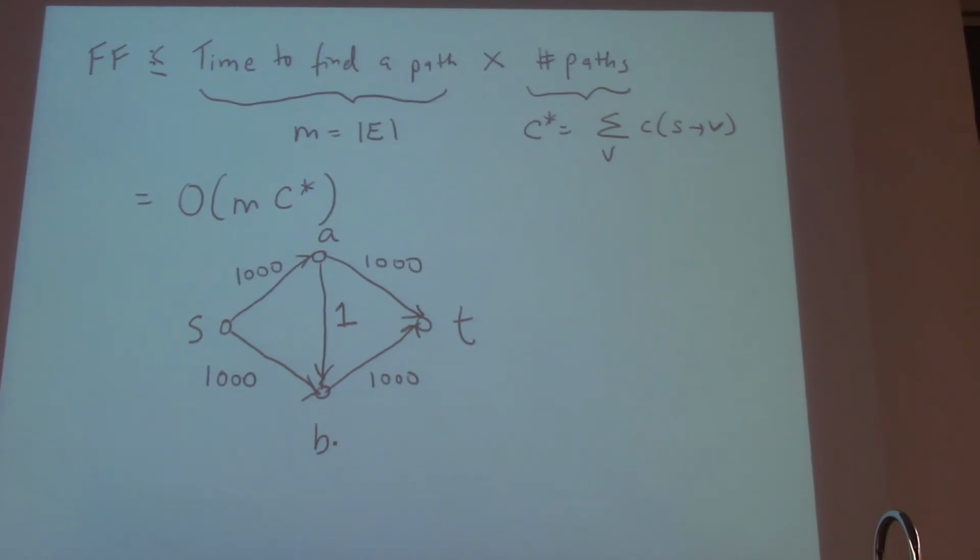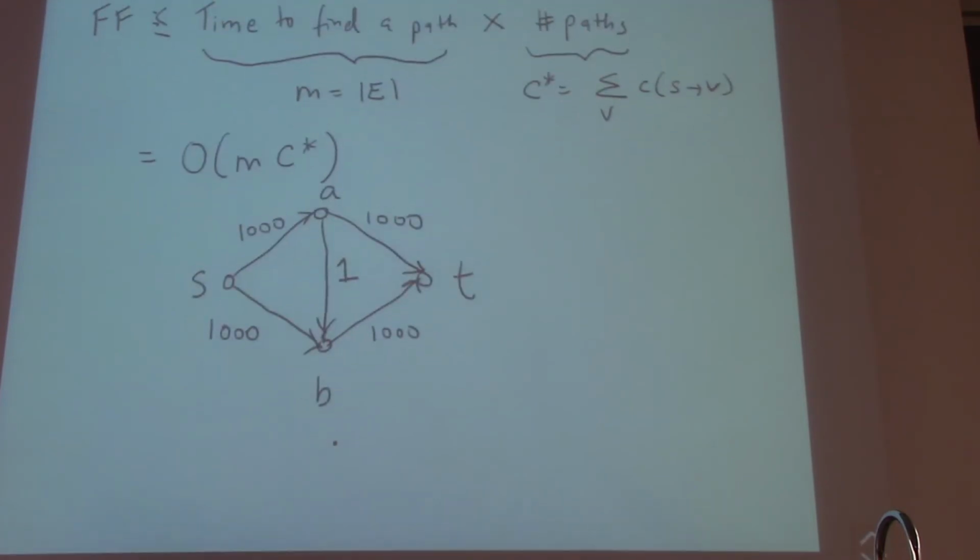There's an example in the notes that I encourage you to look at. It's an example where the capacities are not integers. The algorithm could take a series of paths, an infinitely long set of paths, and it will converge to a value that is wrong. So it's not even that it takes infinite time to get the right answer, it takes infinite time and gets the wrong answer. And not only does it not get the right answer, it gets the wrong answer spectacularly badly. In other words, you can construct, and you should look at this example, it's a very cool example in the notes.